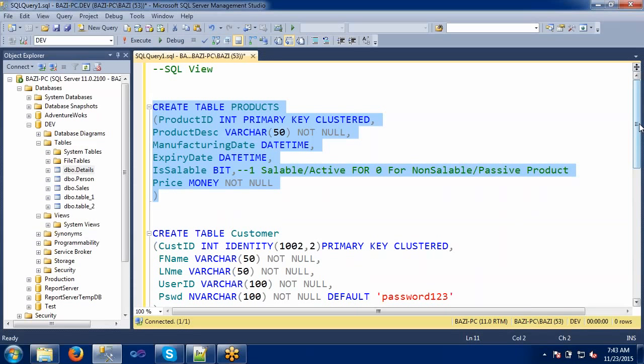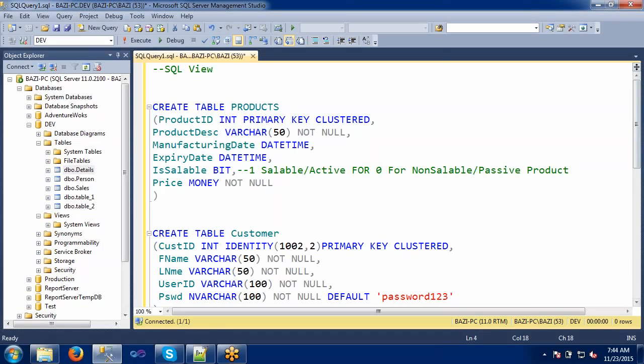In this table I will be having all the product related information: what is the product ID, who is the manufacturer, what is the expiry date, is it sellable, what is the amount of that product. All this information is available in the products table.